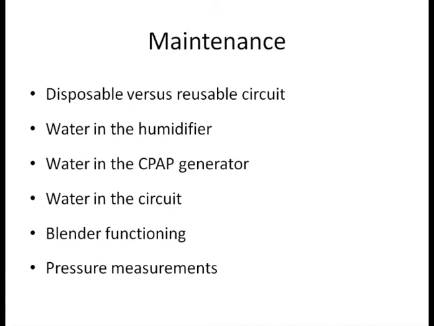Blender malfunctioning should always be cross-checked using an FiO2 monitor, maybe once every 2 or 3 months. Although most bubble CPAP machines may not have pressure measurement devices, it will be ideal to measure the pressures at the patient nares when you are delivering CPAP to a baby. This can be done by using a small pressure manometer connected to the interface of the patient.